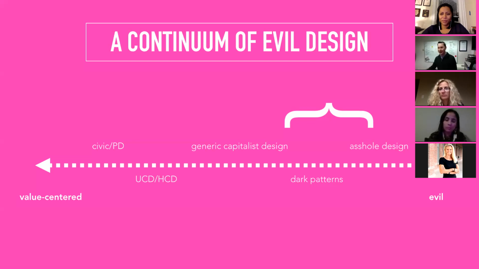I've been looking at the negative half of the continuum. So starting with dark patterns, which I've already defined as that area where shareholder and stakeholder values and user values are out of whack, and there's a sneaky use of psychological principles against users to maybe make something that's not in their best interest. There's also one more level, which we've been doing more study of in the lab. It is a real phenomenon. It's an academic word now called asshole design.